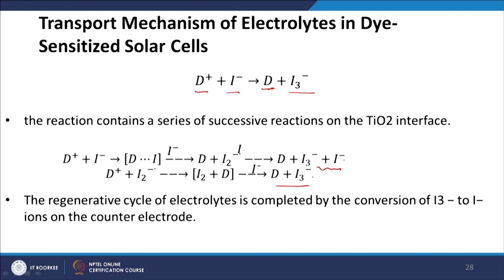So, finally, what happens? Iodine has given up its electron to the dye molecule, and the dye molecule has been reduced back to its ground state. Now, once the iodine has given its electron, it has converted to the more negatively charged triiodide. Now, if the regeneration process has to happen again, not only the dye needs to be regenerated, the electrolyte also needs to be regenerated. That means we need to have iodine in the system from the triiodide, and that job is done at the platinum counter electrode, where the triiodide is converted to the iodine, and this process cycles.